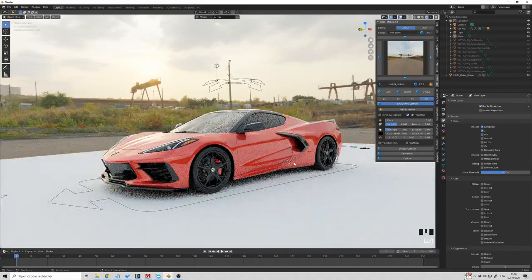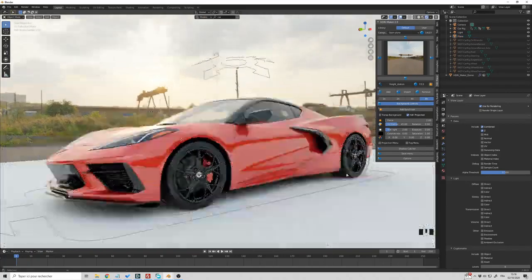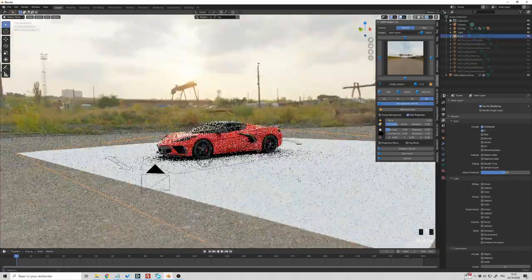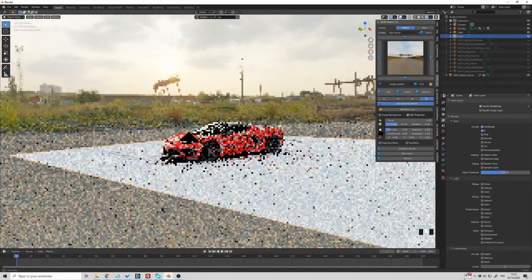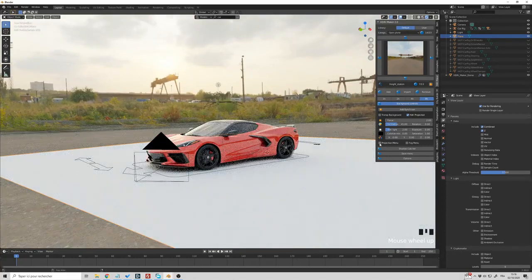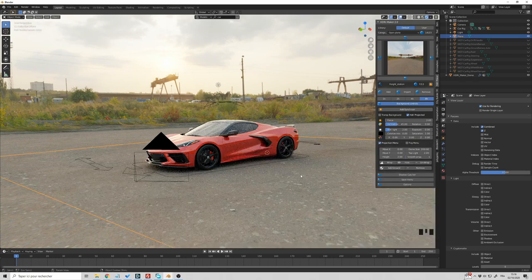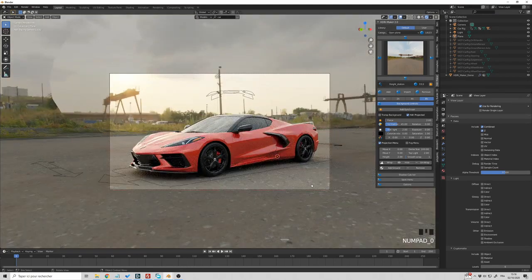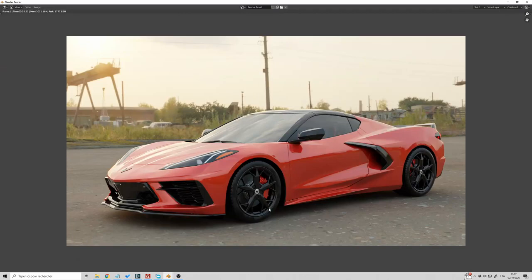Now that we have this plane, we can see that the shadows are correct under the wheels. But the issue we have is that now we have a white plane. So what we have to do now, you go in a projection menu, you tick projection menu, and then you click on add ground. What we will do is putting the texture of the ground on the plane we just created. So now, if I go back in the camera mode and I render my scene again, we can see that you have good shadows under the car and under the wheels.